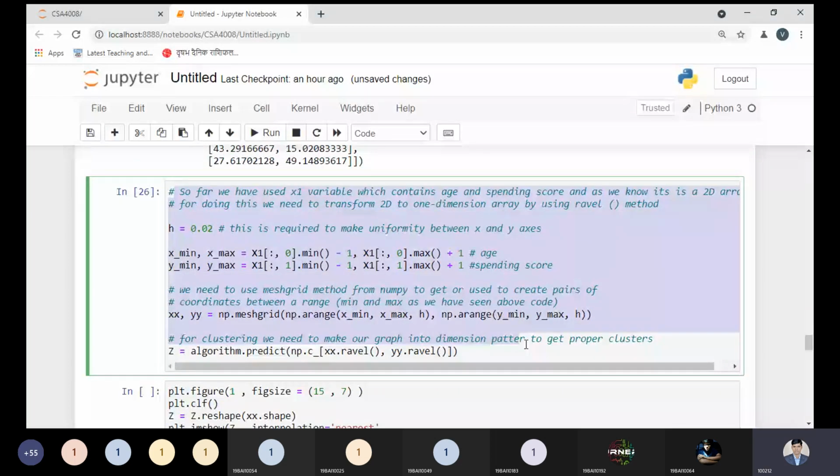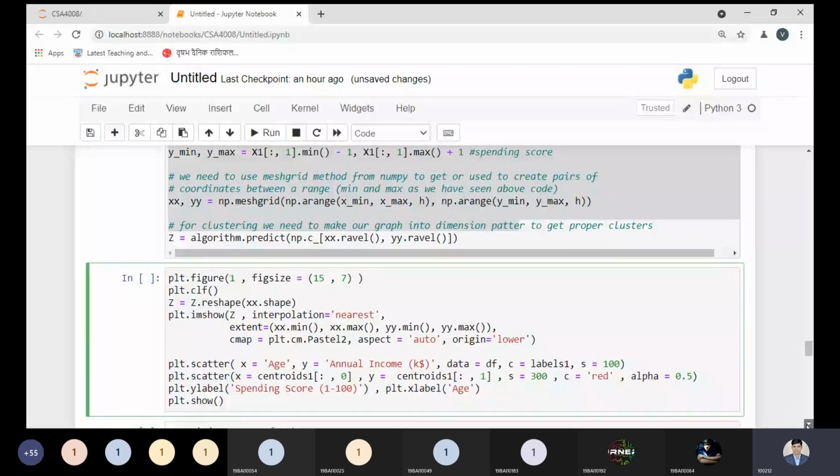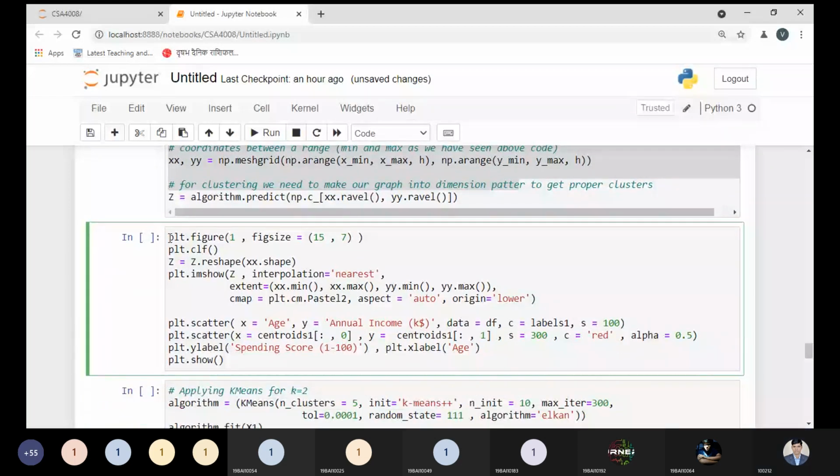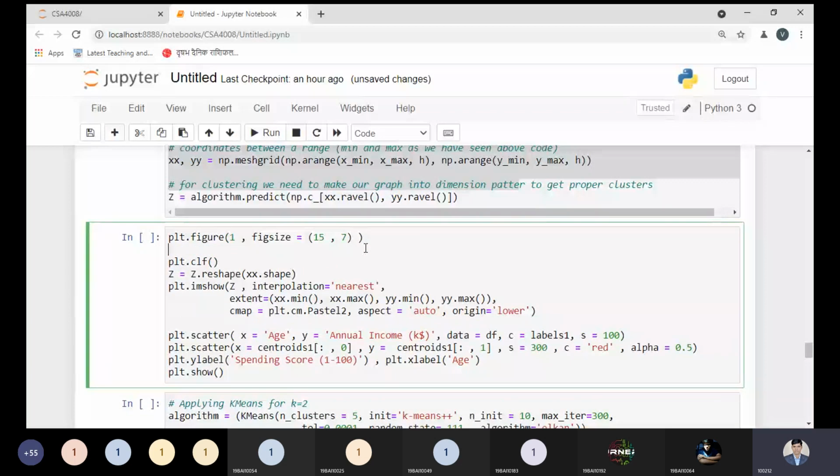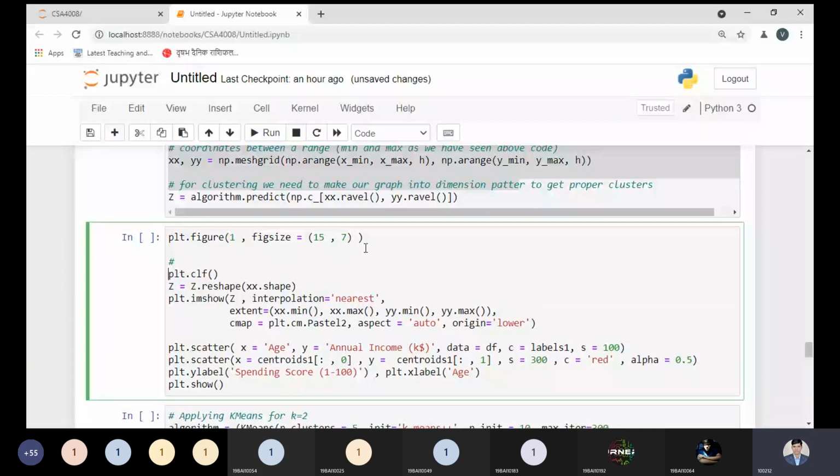And at the last, see, this is a very interesting part over here, and it is a very important part. By using the plot graph, I just need to plot my clustering, how my clusters will look. So I'm using this part right now, with plt.clf. What is plt.clf?